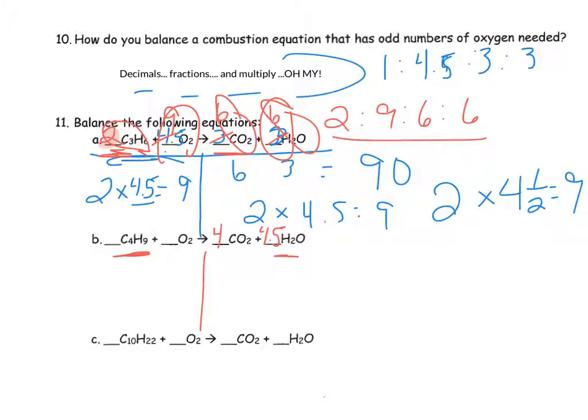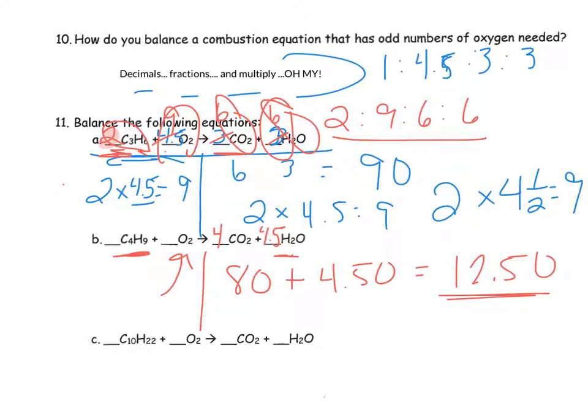All right, so now I've got 9 hydrogens on both sides. Let's look at my oxygens. I've got 4 times 2, I've got 8 oxygens there, and 4.5 oxygens there. So this is 8, 9, 10, 11, 12. I've got 12.5 oxygens. What can I put there to give me 12.5 oxygens? And the answer is 6.25. Okay? So when I have a 1 to 6.25 to 4 to 4.5 ratio, all of my stuff is